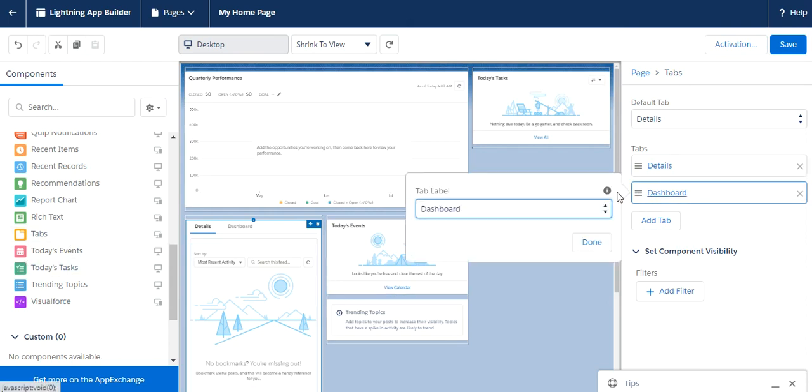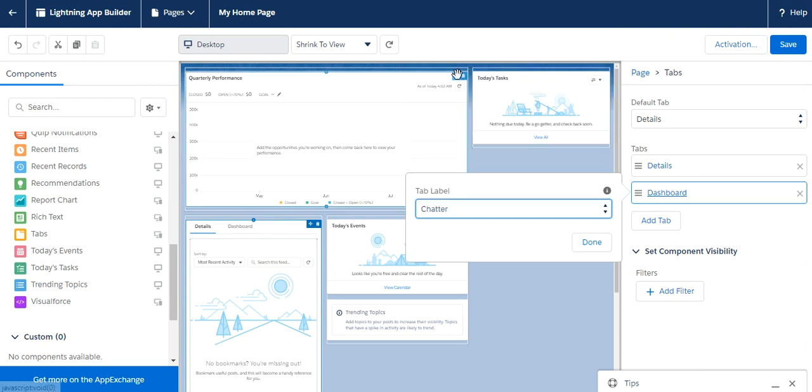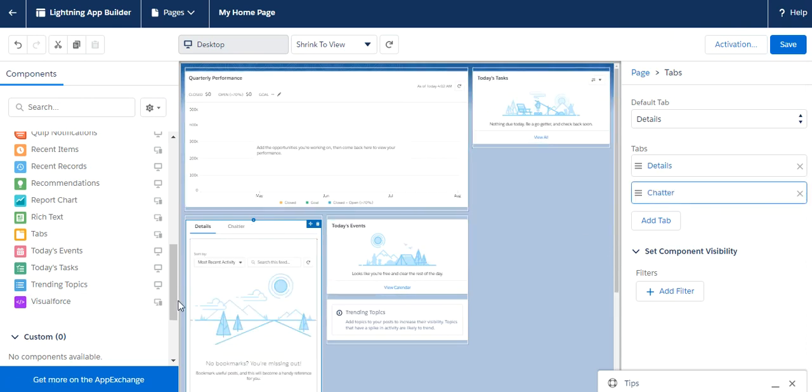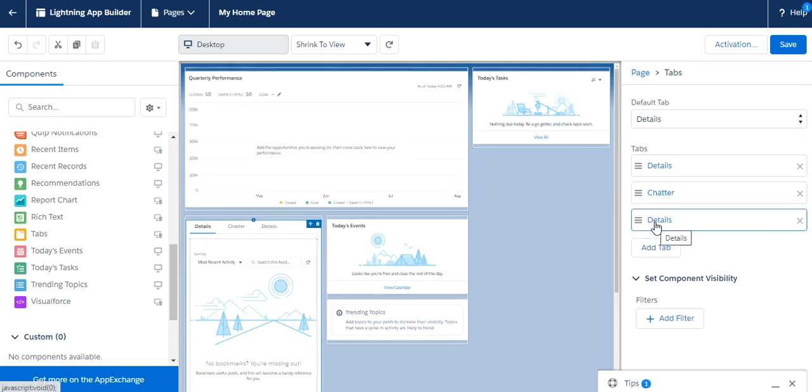Just suppose I want to remove these and add chatter here, so just select this. Now you can see it's showing details and chatter. Before, it was showing chatter and dashboard. So this is the way we can customize the home page, and you can also add a tab here.